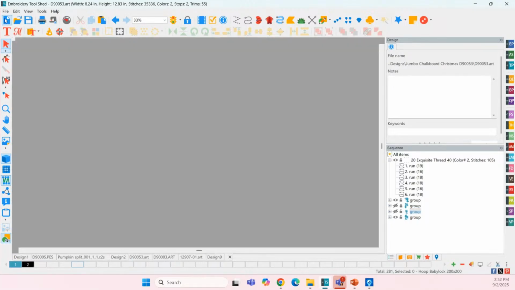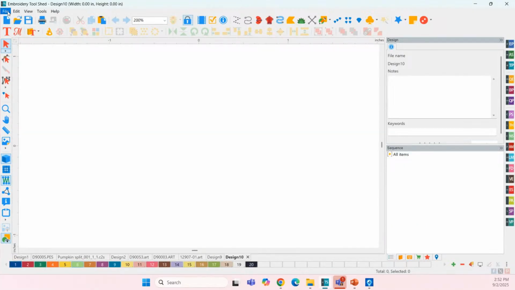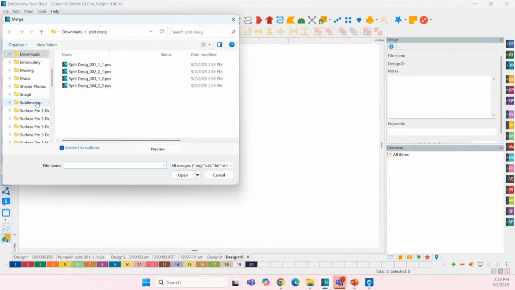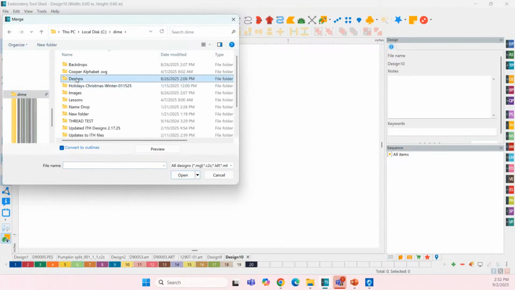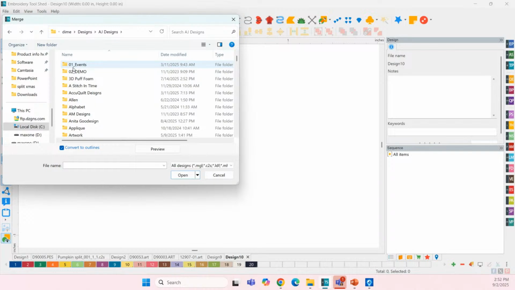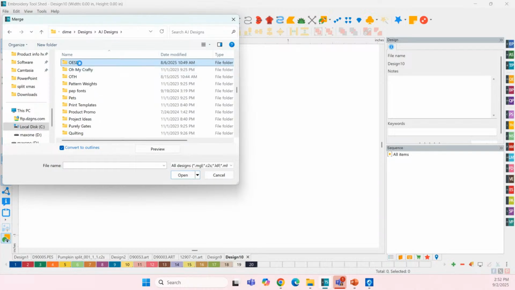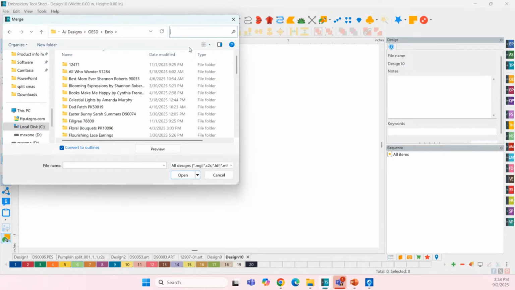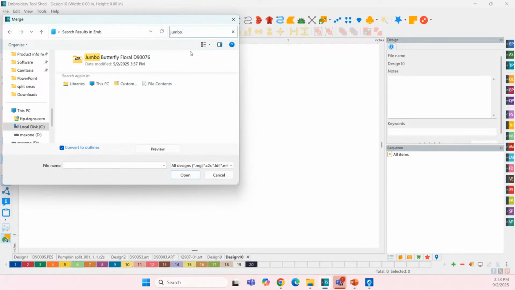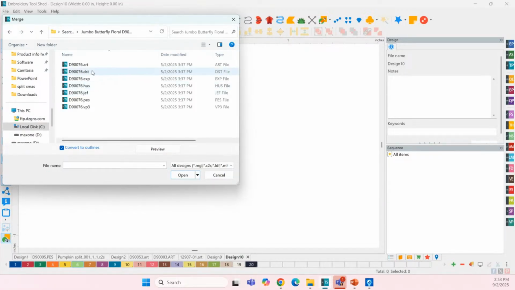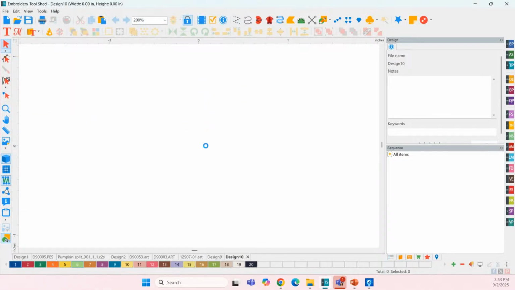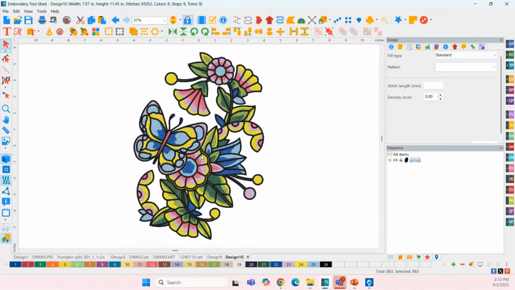design that is a fill stitch design, let's go in and bring one in. So I'm going to do File and Merge, and then I'm going to go to my OESD designs here and find one that's a fill stitch that we can work with so you guys can see it in action here. So I've got a jumbo butterfly design, I think it's called. So I'm going to just type in jumbo to search. Yep, right there. And then any format, because I can save it out in the format that I need once